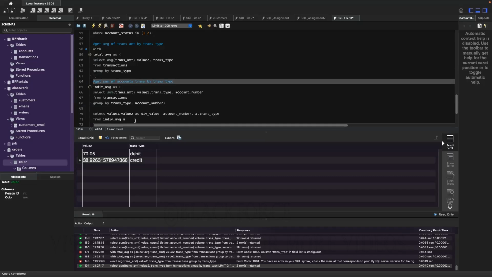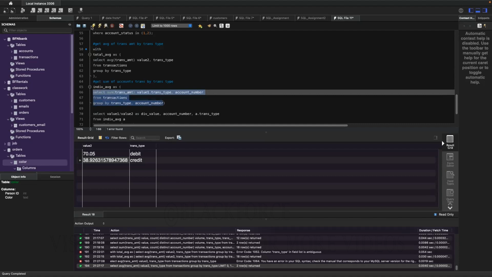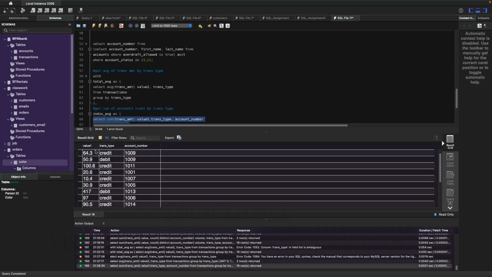So now I have this data. If I run this, you see that it's giving me the sum of all the transactions by the transaction type. So 1009's credit transaction, the sum of it is 64. 1009's debit transaction, the sum of it is 50, right? So if I want to see how it compares, I need to just divide this by the average credit transaction. I need to divide this one by the average debit transaction that we got here,